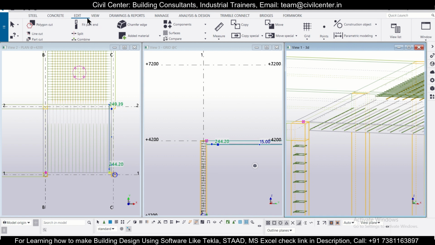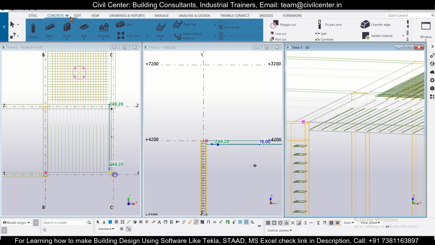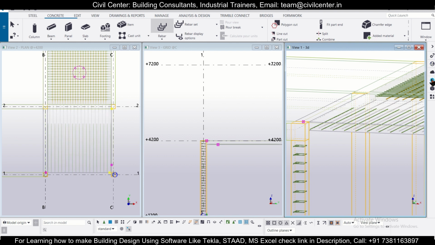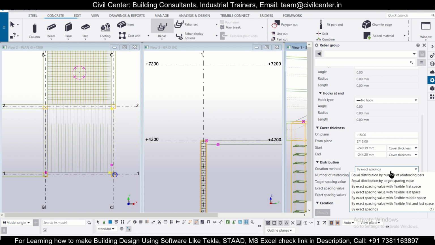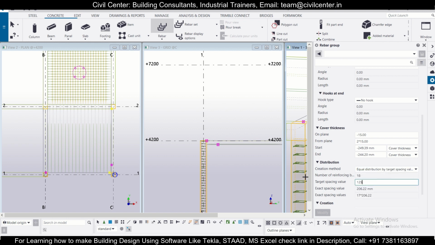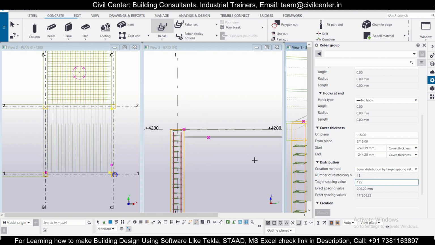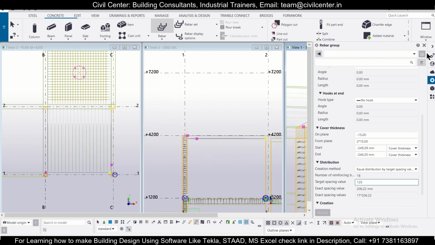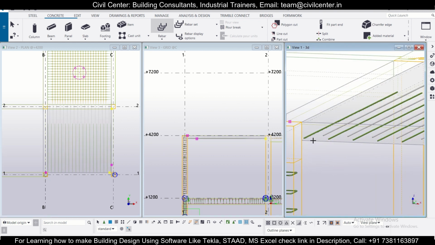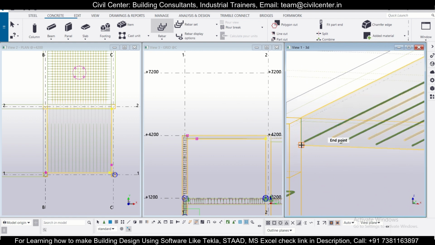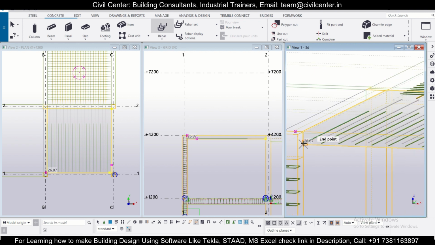So we'll go to the particular option of concrete rebar and properties. Let's check the properties. In the bar properties we'll set the spacing as 125 center to center, equal distribution by target spacing below. We'll do this as 125, and after that we'll simply check our 3D view, and we have already hidden the beam. So part to reinforce, we've selected this part, and the particular shape of the bar from here to,